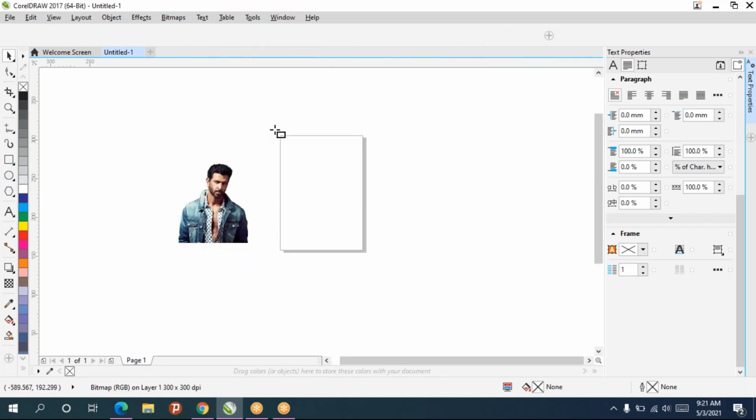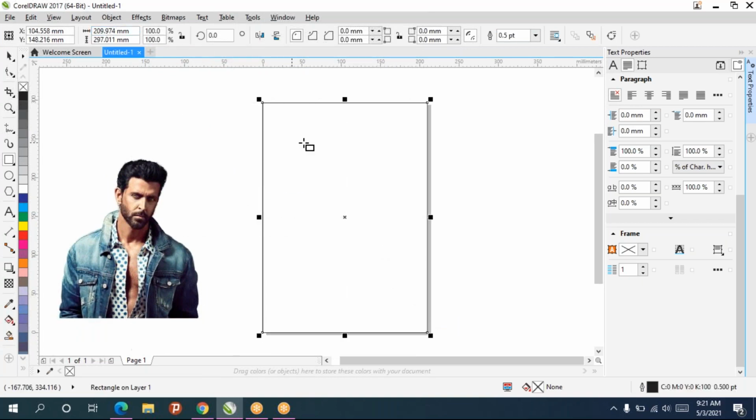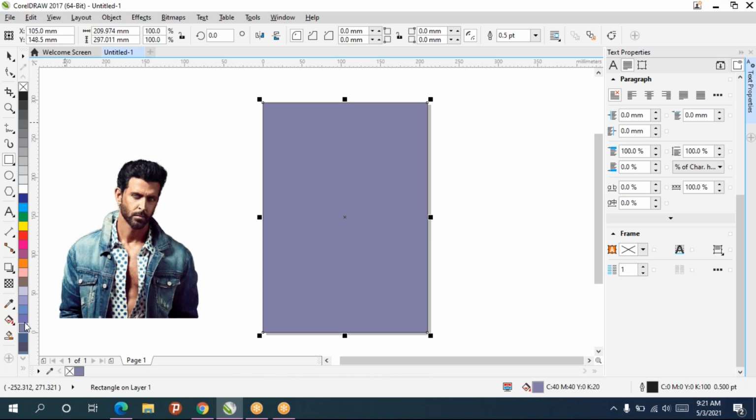So next we have to create one background design. I'll fill some color in this.